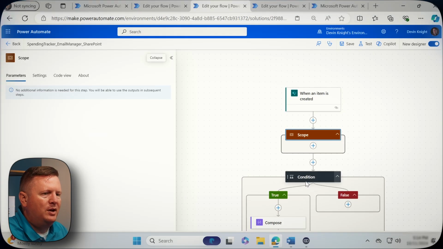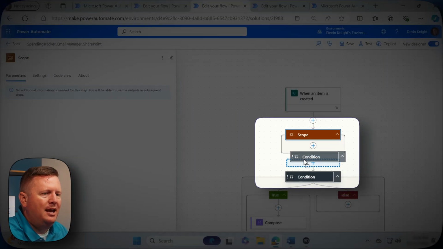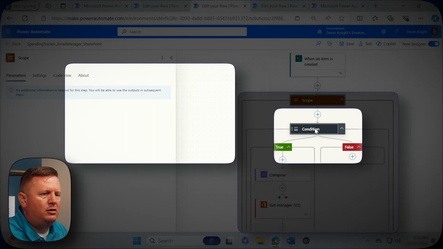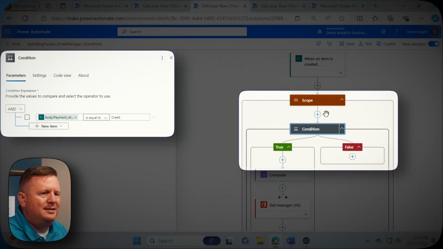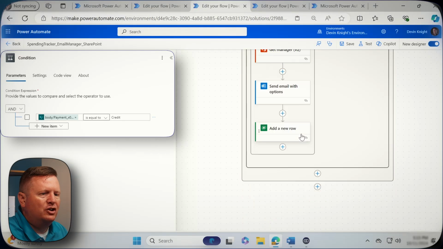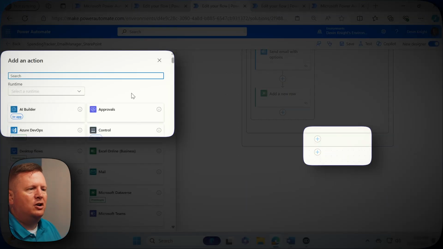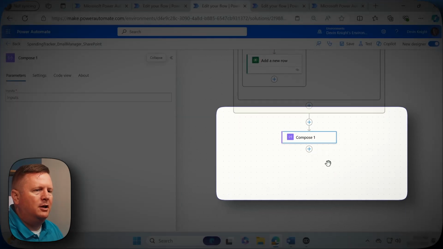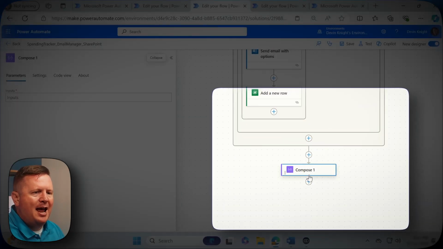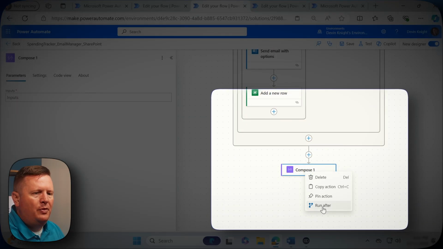and you can use it for a lot of things, but one of the things we can also say is if we bring in this condition, you'll notice all of the items inside of the condition came along for the ride as well, but this is basically allowing us to maybe add an action after the scope. So let's add an action right after it, maybe a simple compose just so we can test things out. There we go. And what I can do now is I can add a run after setting on this compose,